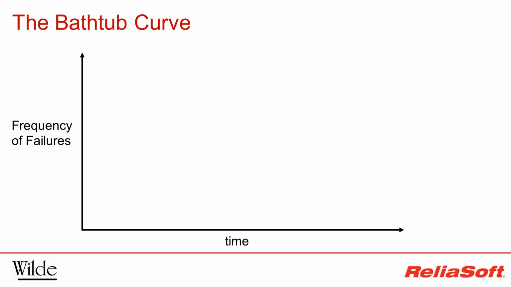Every product will have many different ways in which it could fail to serve its purpose. We call these failure modes. Each failure mode can have different characteristics, and what is of particular interest is how these failures develop over time. There are three main phases that failure modes fall into: wear in, random, and wear out. Taking these in turn,